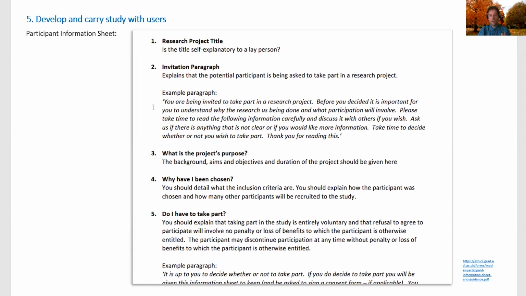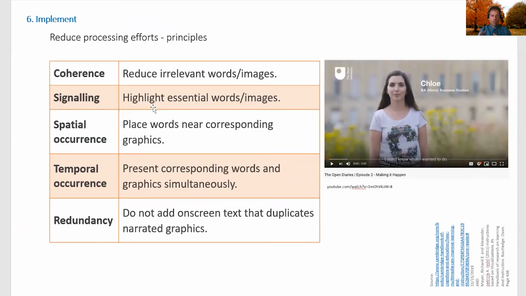Then once you have recruited, carried, developed, and now is the step of analyzing the information and implementing it, redesigning your service, your product, your website. So I'm just going to show you a few elements to think of when you implement. So this is step 6, implementation. A few design elements you need to think when you take the information, you've carried your UX research, you're now processing the data, how you now implement and improve.